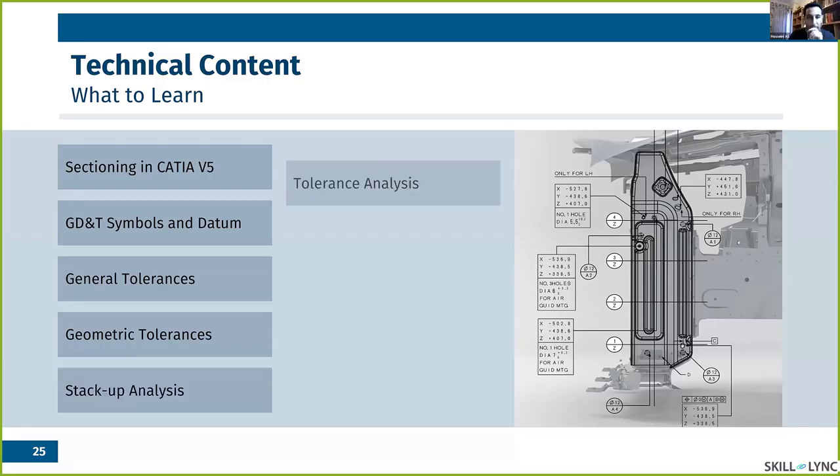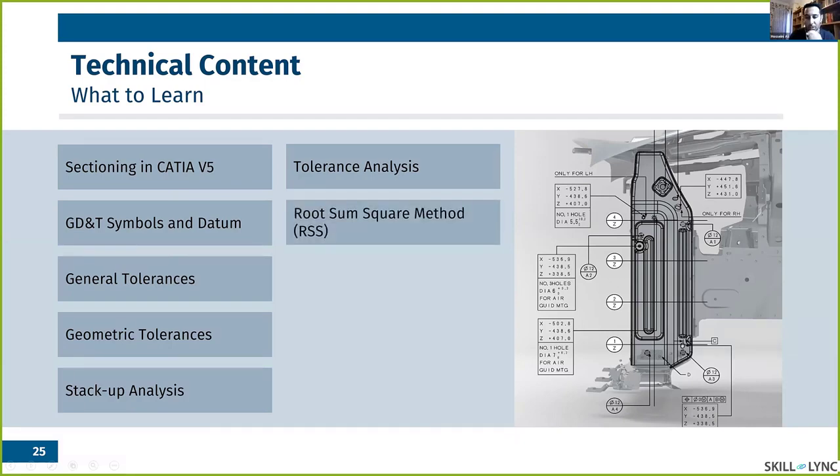Then we would have the tolerance analysis, which is a review or combination of all things here. Then I would speak about the root sum square method, which is a calculation. I mean, the mathematical method, which helps to understand what the final gap and flushness would be like. Then we have Monte Carlo simulation, which I'm not going very deep into because it is an advanced thing,